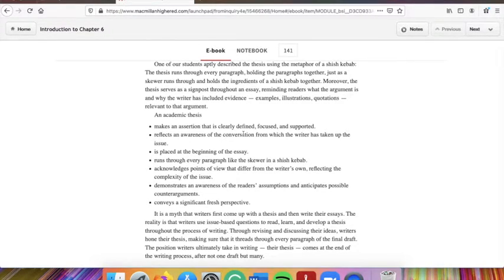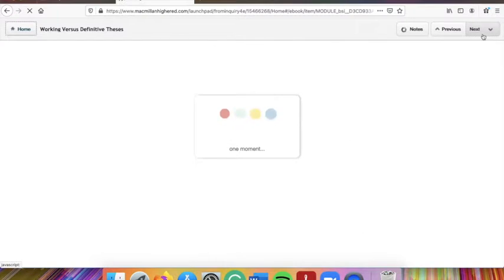Yeah, and then as it says here, for most writers the really clearly defined thesis will come at the end. You usually have that working or tentative thesis, and we'll get to that here in a second. And then you kind of go from there. Let's go to the next one. Yeah, so I think the next one is actually